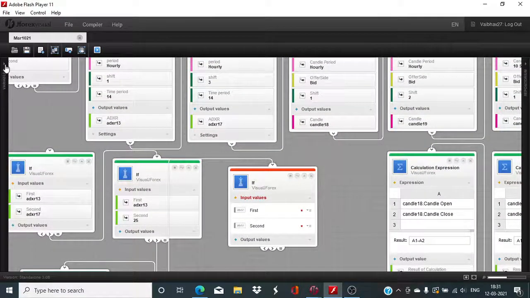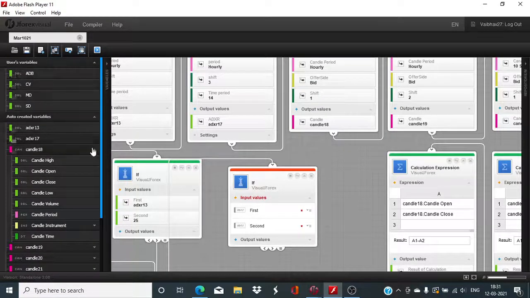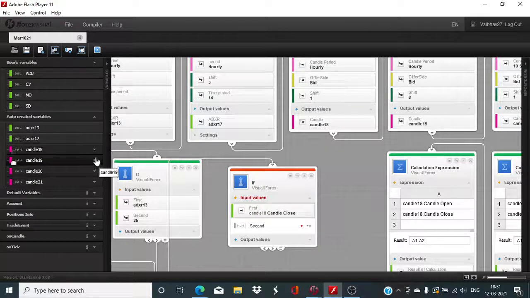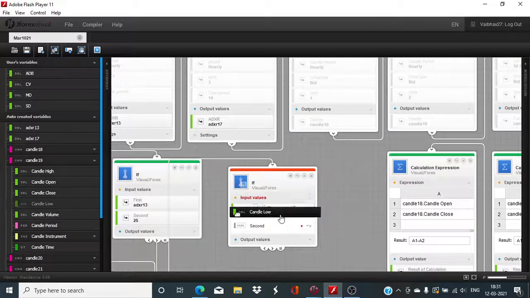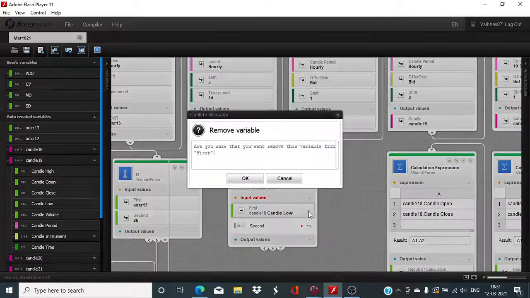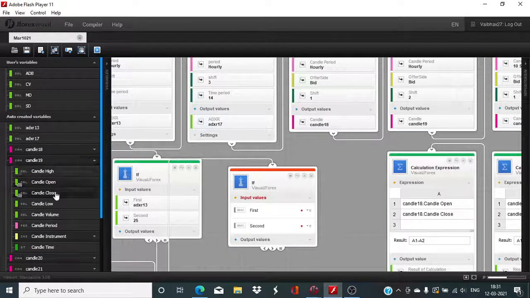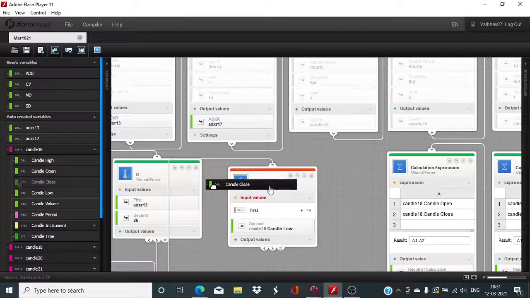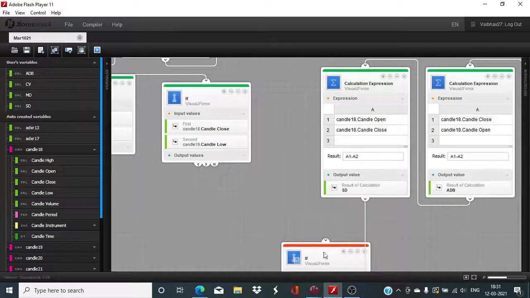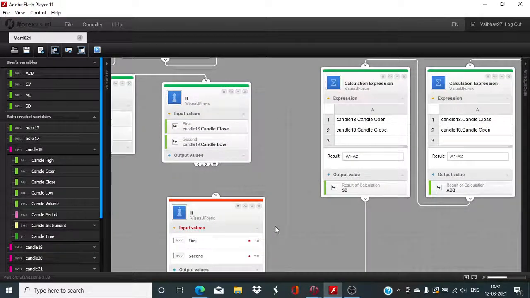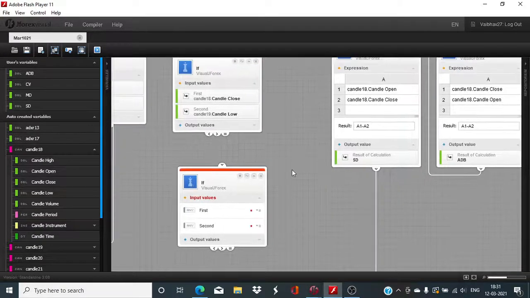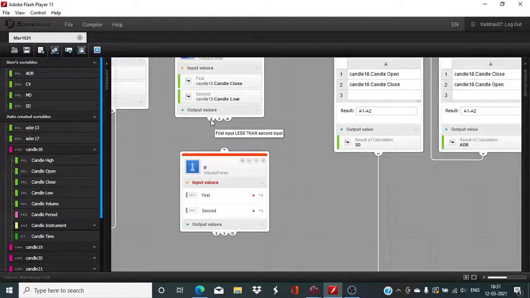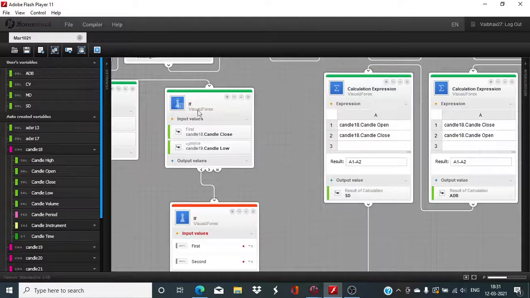So for that we will have to take candle 18 candle close and compare it to candle 19's candle low. Okay, first input less than second input,